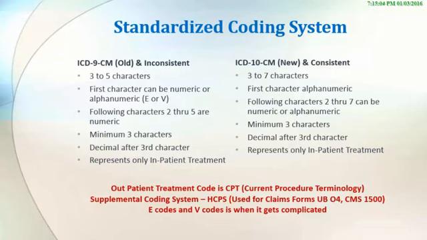Okay, so the ICD-9-CM represents only inpatient treatment, and the ICD-10-CM also represents only inpatient treatment. Okay, so we have the codes for outpatient treatment, which is CPT, known as Current Procedural Terminology. We also have a supplemental coding system, which is HCPCS, used for claims forms. We have 2 kinds of forms which are listed there. So when the codes start having E and V attached to them, that's when the diseases are complicated. Okay,